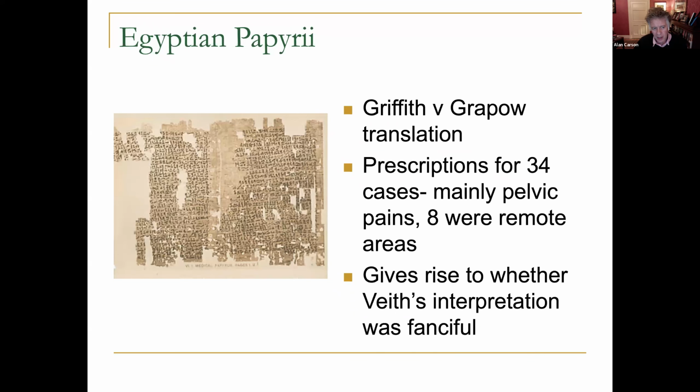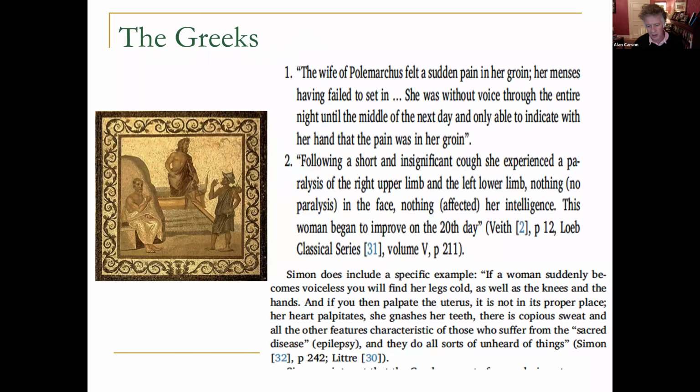The other great era of ancient medicine was Babylonian. We know a lot more about Babylonian medicine because they tended to write on stone tablets, so much more of it survived, but there were simply no mentions of anything that would look like what we would now call a functional disorder in Babylonian medicine. It's really when you get to Greek medicine that you start to see any mentions of this idea of a wandering uterus. And even then, as far as the medical corpus goes, it's fairly light stuff.